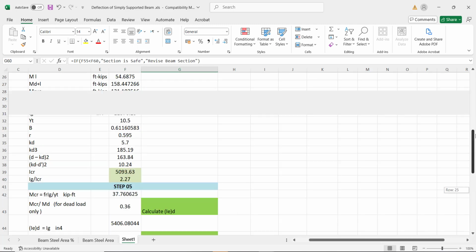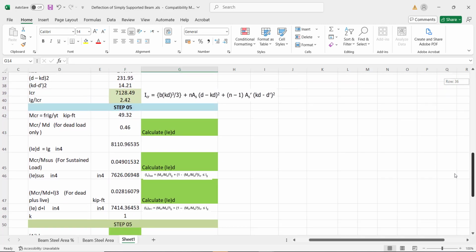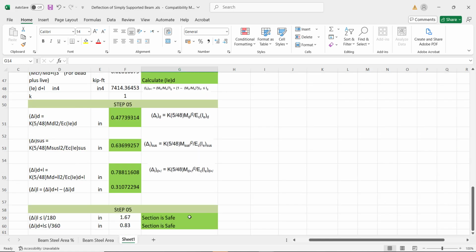Let's see, and we increase the beam section. This is 21. Let's make it 24 inches. If we make it 24 inches, let's see now the result, what happens. Now the beam section is safe. It means that if we